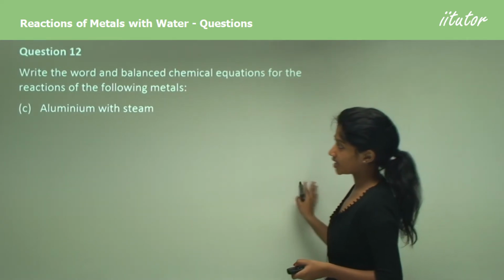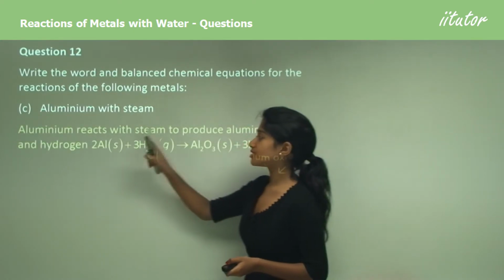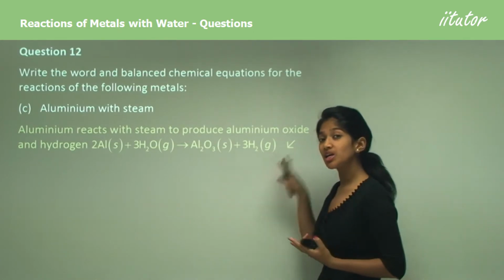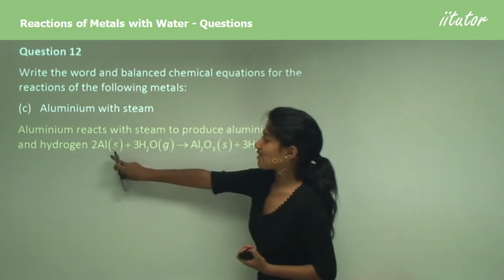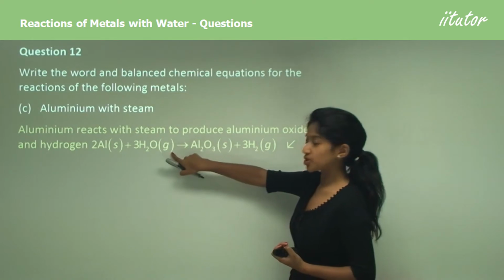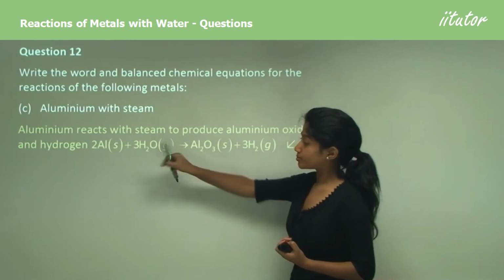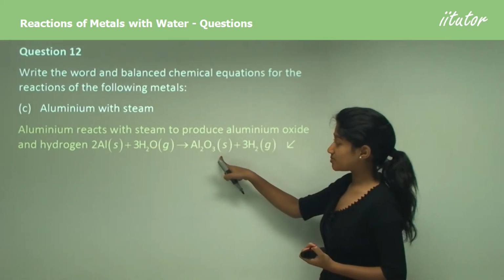Moving to part C. Part C says aluminium with steam. Now, aluminium reacts with steam to produce aluminium oxide. When it reacts with steam, it always produces an oxide and hydrogen. So we have aluminium with water, but always remember to put your G because it's a gas. Steam is gas, yes. So you have to put G next to water, and it produces aluminium oxide, which